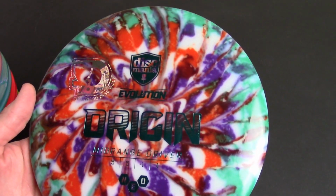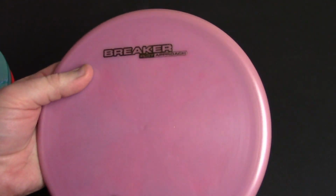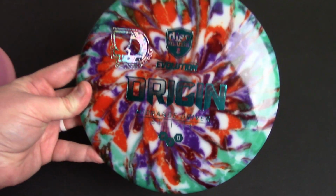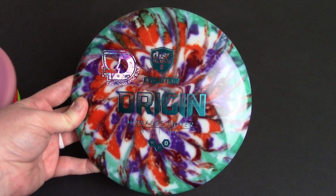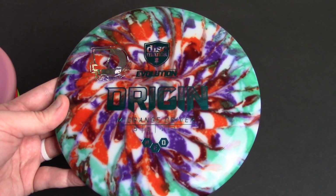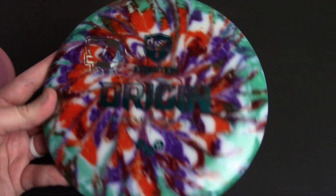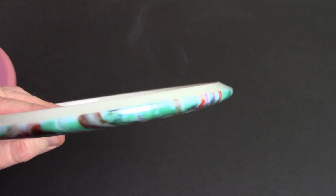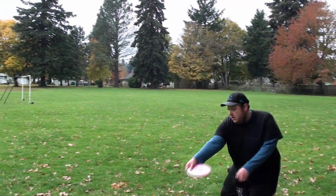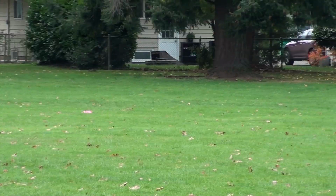Then, another member of the Disc Golf Nerd Patreon support team, Ed, hooked me up with 2 discs. He was kind enough to send me this Breaker that can be included in my overstable approach disc video. And he also sent me this Delawood mini stamped Origin that he dyed. This is a shaving cream dye that Ed did. Came out super rad, and I'm happy to have this one in the stash because the Origins that I tested I ended up selling or giving away. I can't remember. I think maybe a little of both. And it's a great disc to have in the inventory, especially for beginner content, because I think the Origin is one of those really great beginner mid-ranges. It's so straight, it's so easy to throw. I think almost anybody could get good flights out of that disc, from a brand new player to anybody looking for something that's understable, straight flying disc. And then the Breaker